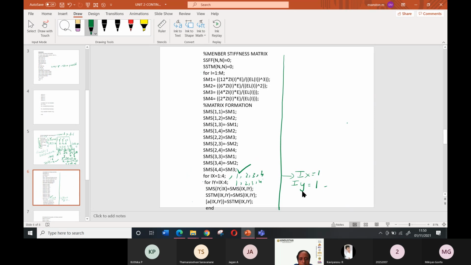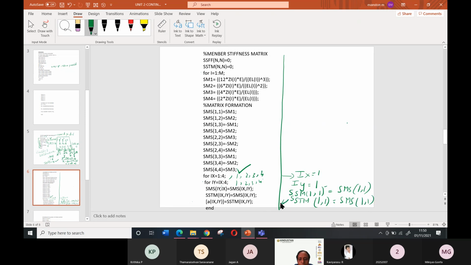So let us see. SMS of Ix is 1, Iy is 1, that is equal to SMS of 1, comma 1. Similarly, it will take SSTM of Ix is also 1, Iy is also 1, that is equal to SMS of 1, comma 1.